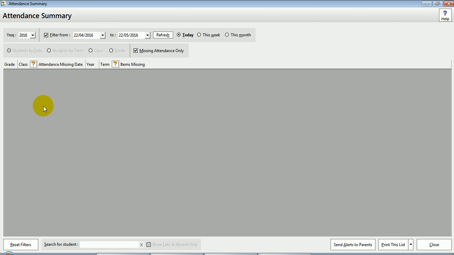But one very handy feature is this missing attendance only. Now it's not displaying anything here, but this is a very useful tool for principals or assistant principals to use to say, for today's attendance, it might be 9:30 a.m. and everyone is supposed to have taken attendance. Show me which classes have not yet recorded attendance. So this is a central location where you can very easily pick up any teachers or classes who haven't yet taken attendance and walk over to their class